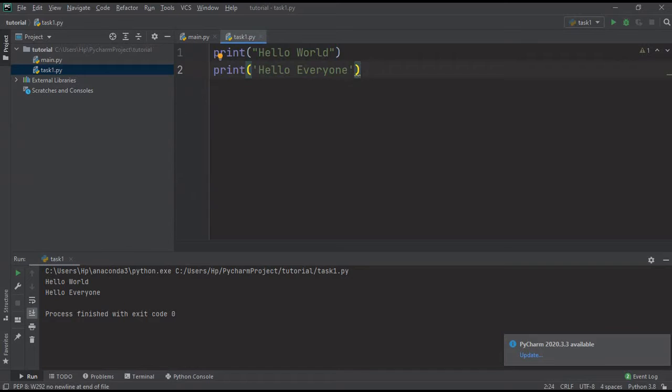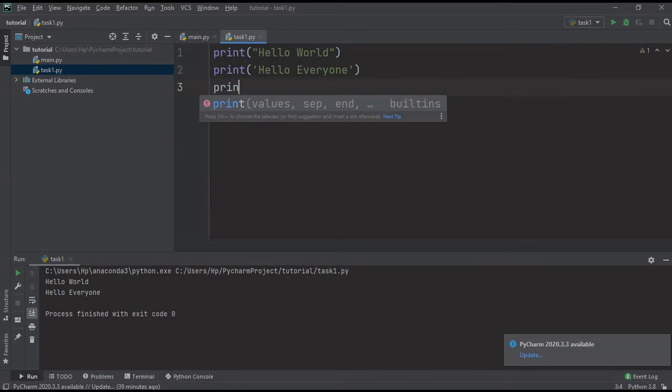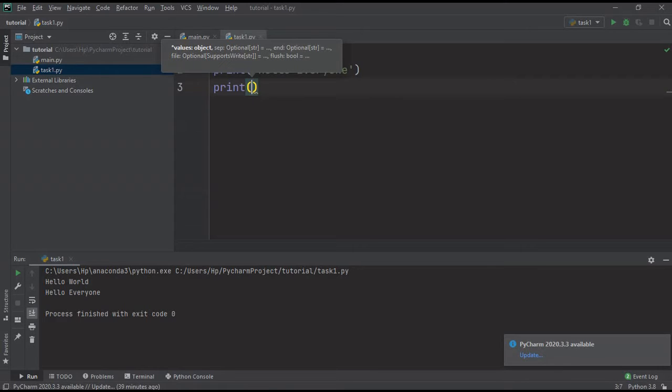Next is this flexibility of enclosing the string in double quotes as well as in single quotes. This flexibility gives us some options. Suppose you want to include double quotes in your string.